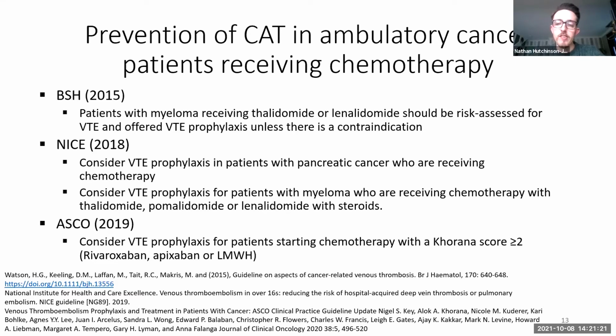They've suggested using something called the Khorana score, which I'm not going to go into great detail on in this presentation, because we could probably do a whole presentation on it. But they have suggested that those patients who are deemed higher risk with the Khorana score may benefit from preventative anticoagulation, and there have been studies both with rivaroxaban and with apixaban. I wanted to mention this because if this becomes more mainstay and more routine, then in addition to managing the treatment and diagnosis of CAT, there's probably a big role here as well in the